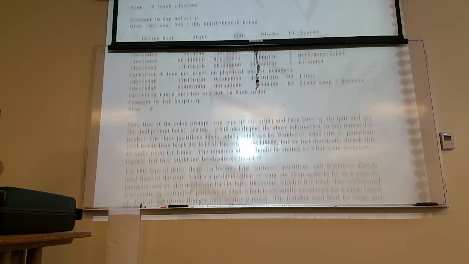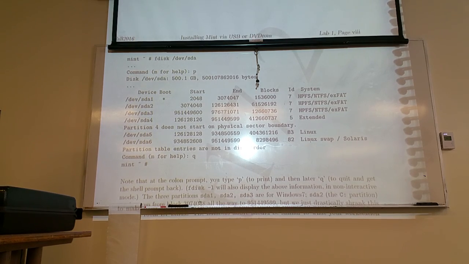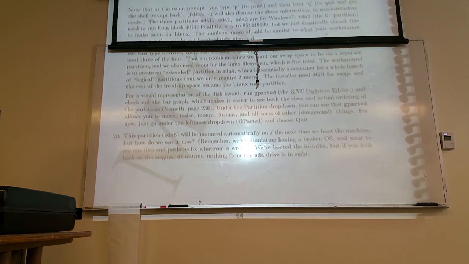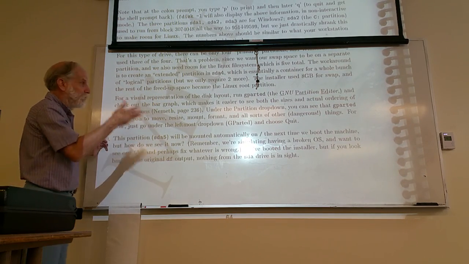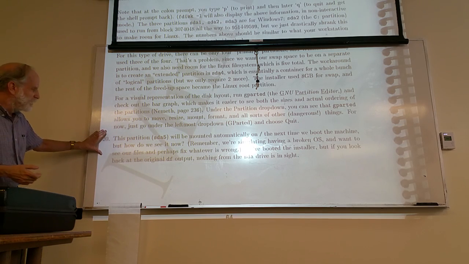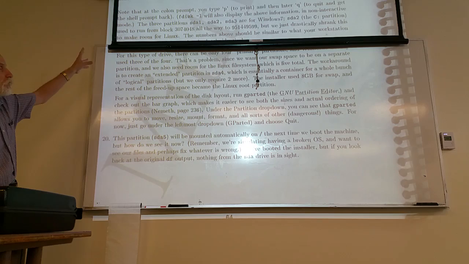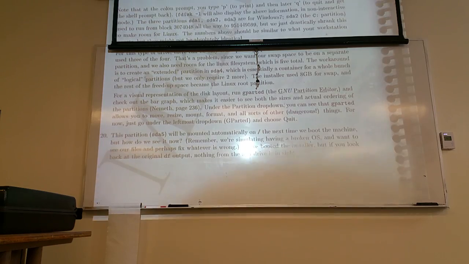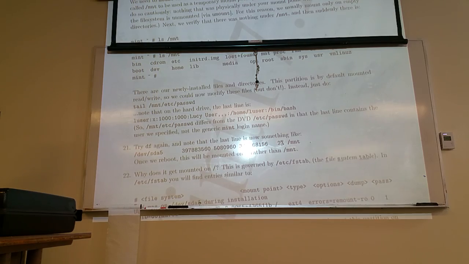Now, the SDA5 partition here, if you look at the cow stuff that we had before, it wasn't necessarily mounted. It's certainly not mounted on slash. That was the currently running system, not the one that it had just created and copied stuff onto. So again, if we think about doing stuff as though we had a system that didn't quite work right now, we want to be able to go in and look at our files somewhere, even though we booted the installer and it hasn't done this thing, we would like to be able to see the files that we have. Well, we can mount partitions now that we know where things are,